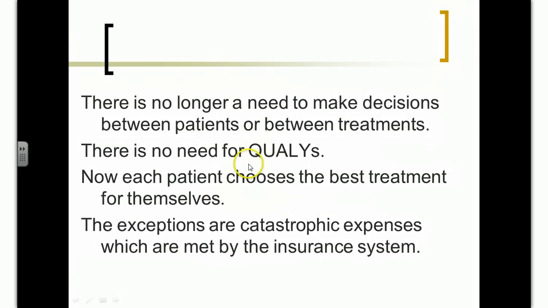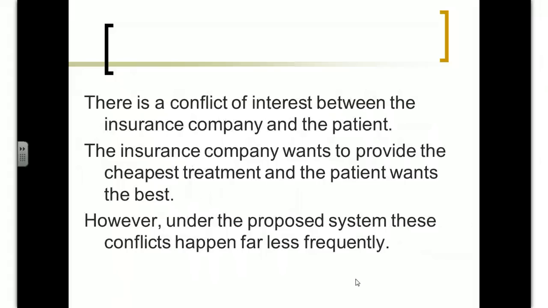So there still will be exceptions, but the exceptions are only in the catastrophic cases. And these are still met by the insurance system. But what you'd find is that the insurance premium would drop and drop substantially. The insurance company isn't paying for physiotherapy or homeopathy or alternative medicines. The insurance company is only making payments in the catastrophic cases. So the number of claims would collapse by, I'm not quite sure, but maybe of the order of 96, 97, 98%. What they would be left with are a small number of claims, but ones which are quite large. So the decisions which aren't made by the patient happen in a minority of cases.